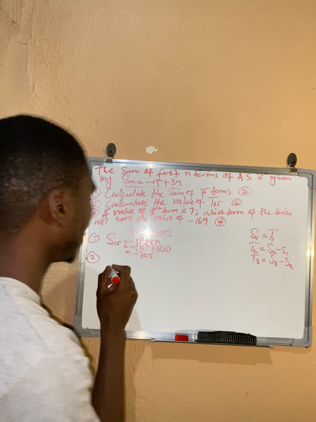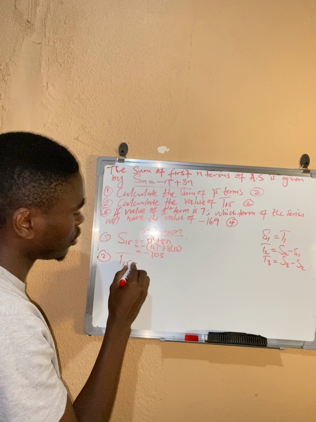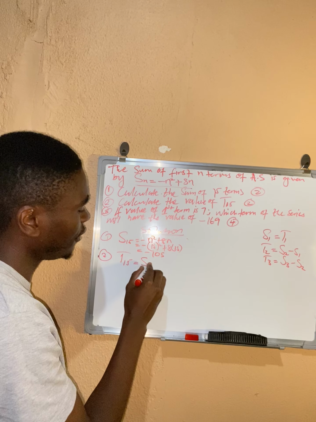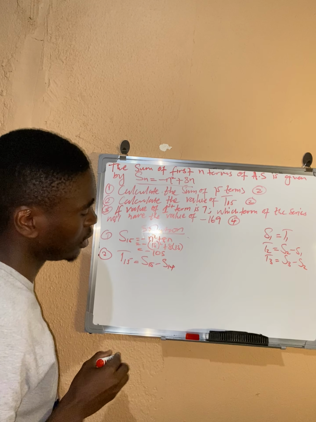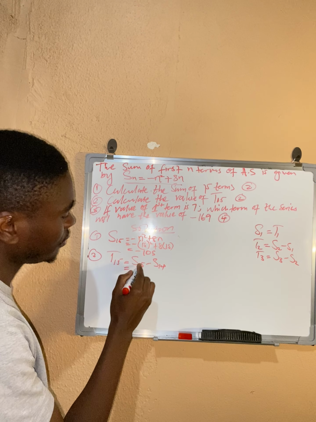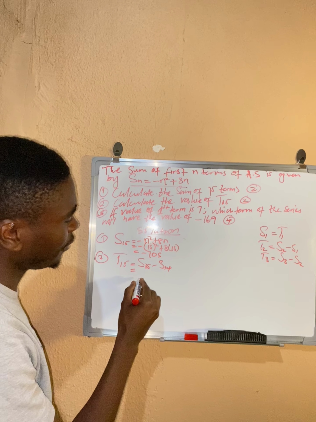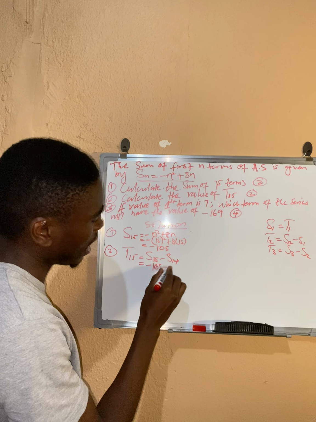So now T15 is going to be S_15 minus S_14. We already know S_15, which is negative 105, minus